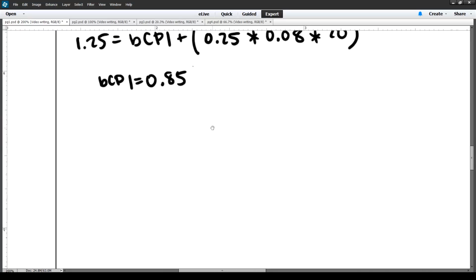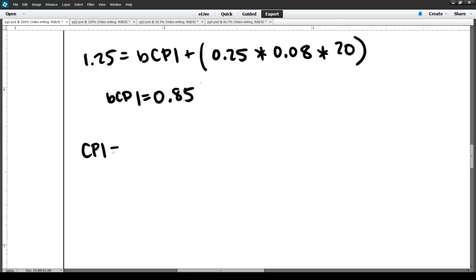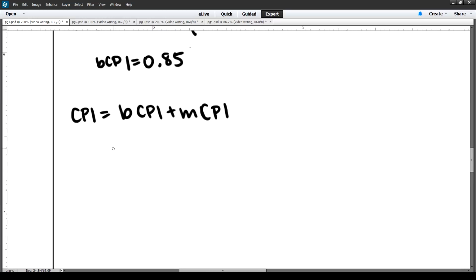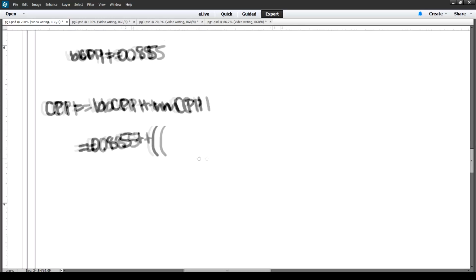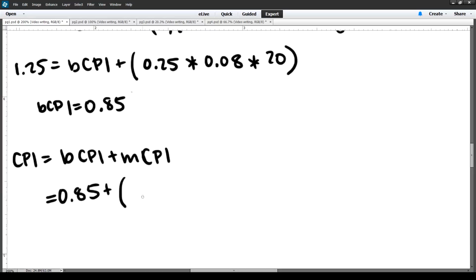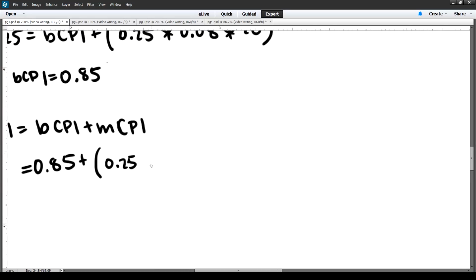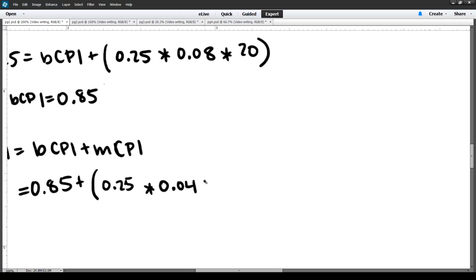Now that we know the base CPI, we're going to calculate the CPI of the new 64 kilobyte cache. So again, we'll do CPI equals base CPI plus memory CPI. We know that the base CPI is 0.85. We also know that the memory accesses per instruction will not change because we're still running the same program. We're given that the miss rate has gone down to 4%, and I'm assuming that the miss penalty is still